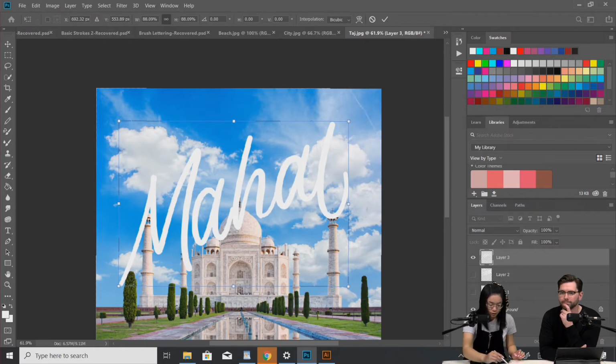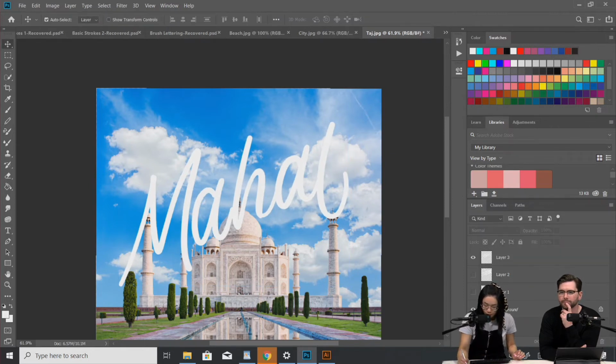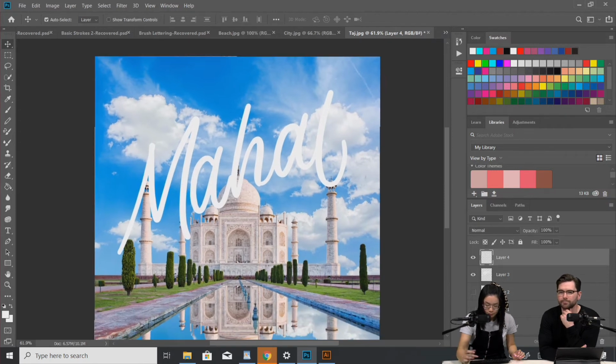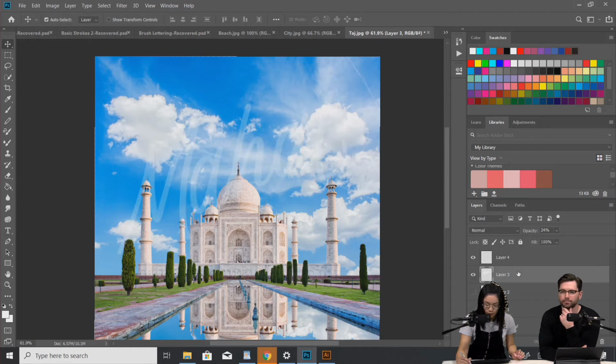And then I just create a new layer. What I normally do is put the opacity down so I can see where I'm writing, and then I'll go over again.